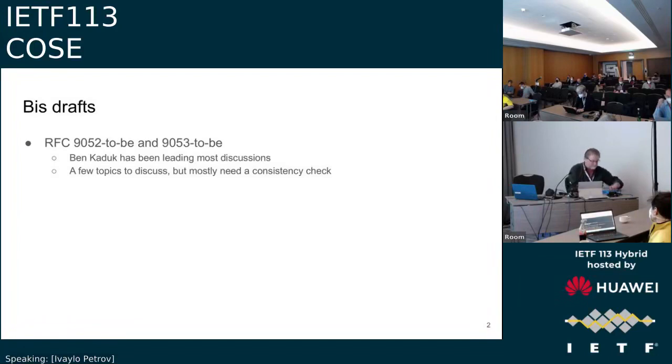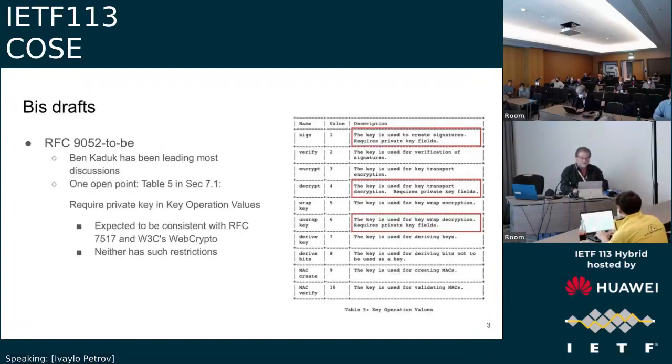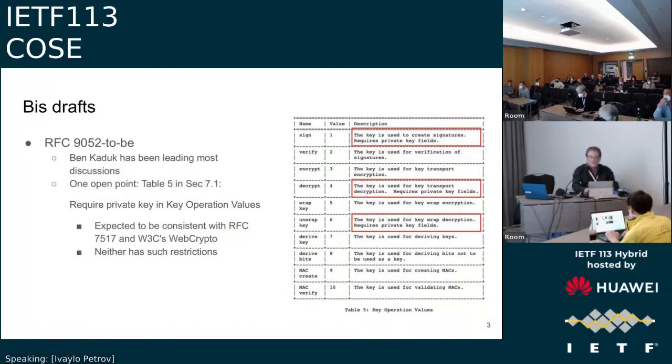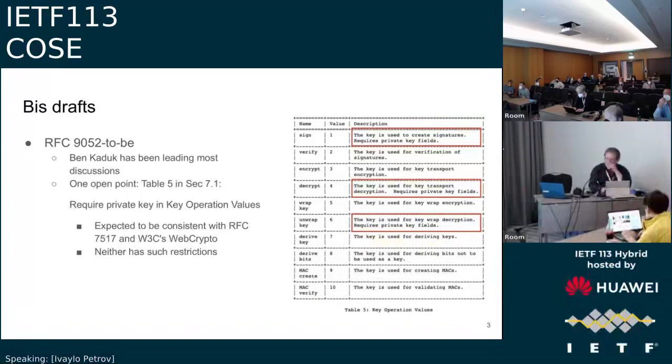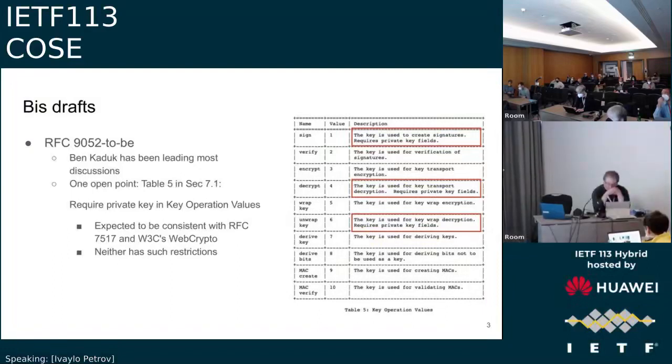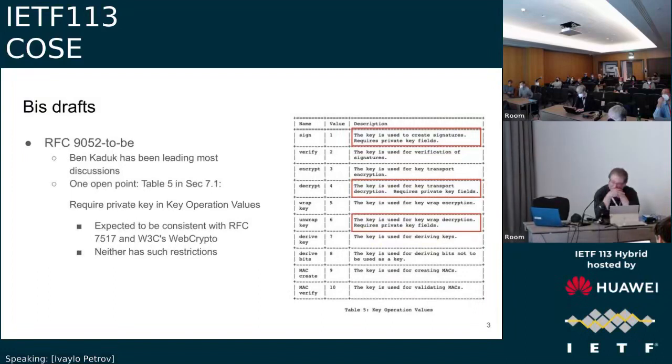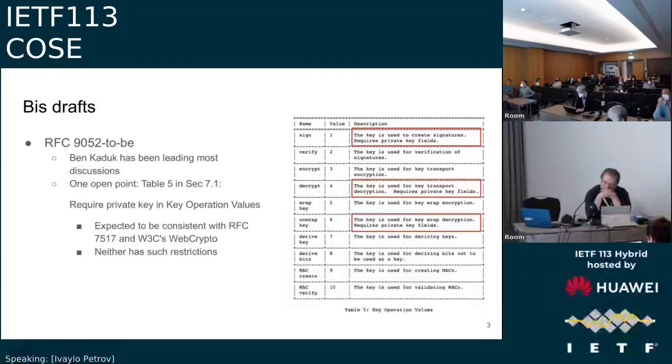There has been a number of exchanges, and most of them are already closed. The important part, for me, is a question about whether we need to require a private key in key operation values. This is table 5 in section 7.1. Maybe it would be best first to present all the slides and then come back to this question if there are any comments